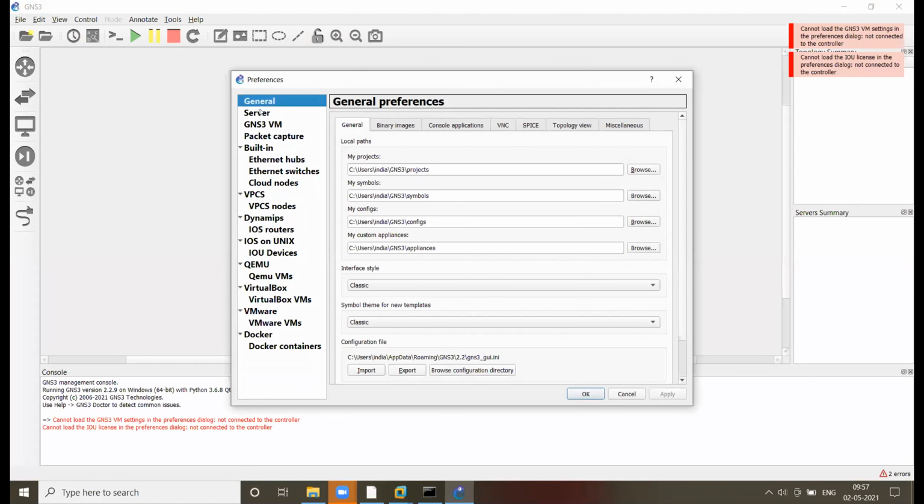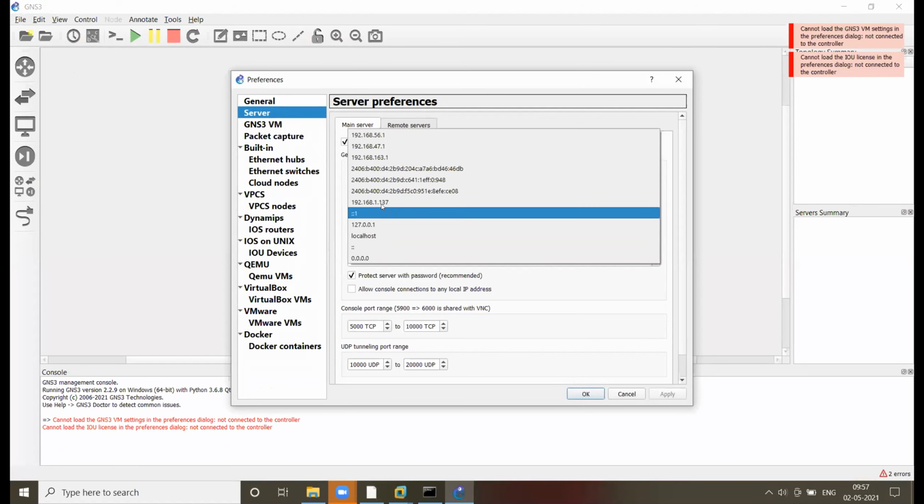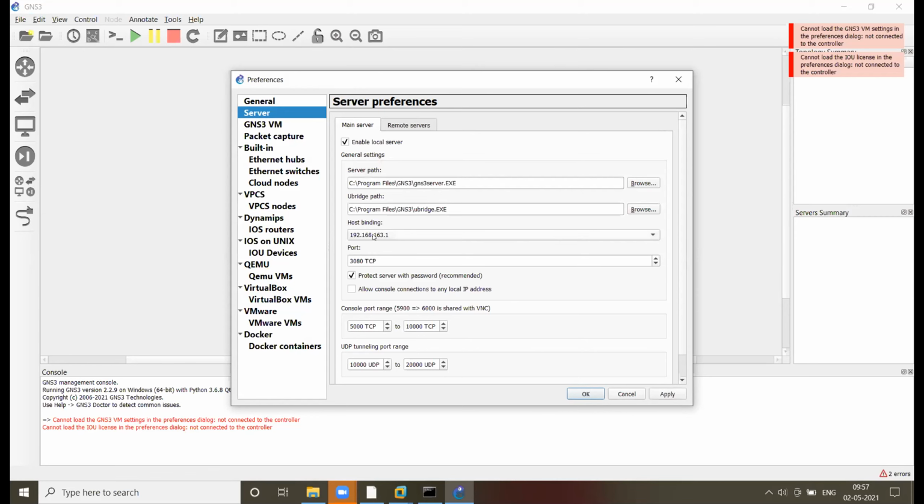Here you have the first option, server. You can select the server option. In host binding, if you expand this option, see the LAN card IP address 192.168.63.1. It is the same series of IP address you have on your VMware GNS3 VM. So you can select this LAN card IP address. You can click on OK.